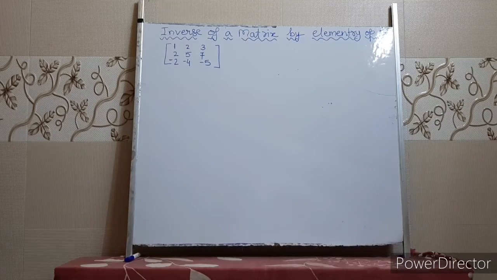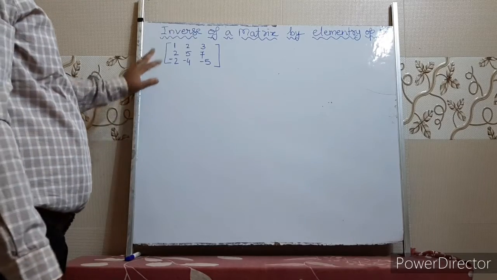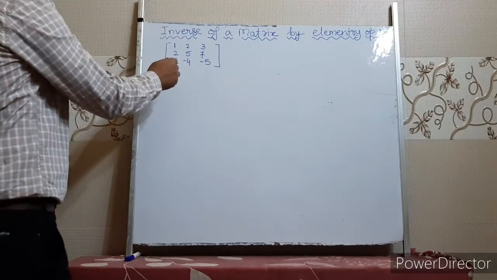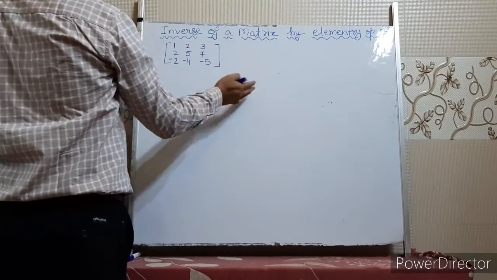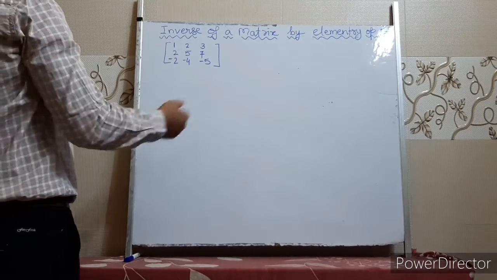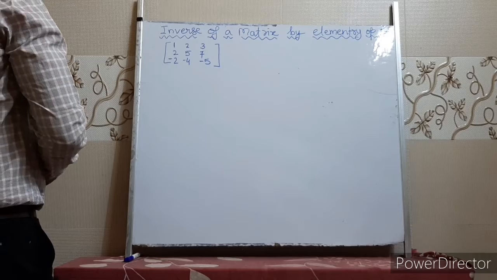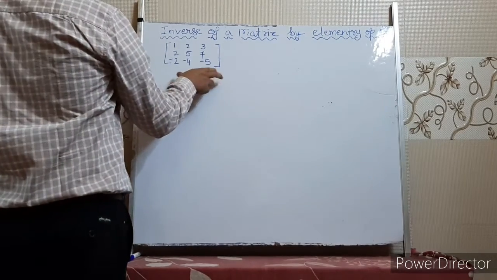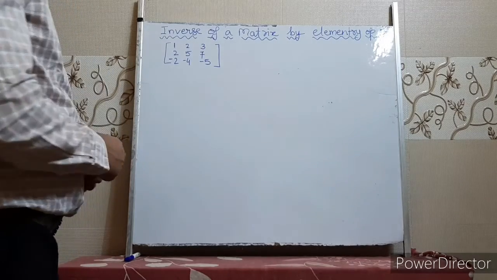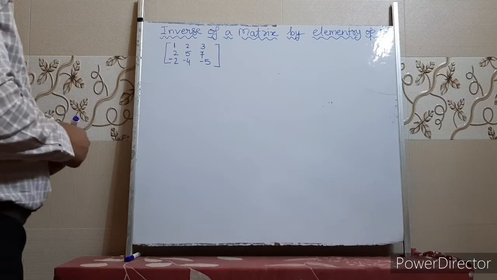Okay, children, let's discuss one example of how to calculate the inverse of a matrix. So this is a square matrix, and it is given that the inverse of this matrix exists. So we don't need to calculate the determinant of the matrix, because the inverse could exist or could not exist. We'll discuss that when we study determinants, our next chapter. It is given that the inverse of the matrix exists and we have to calculate the inverse.